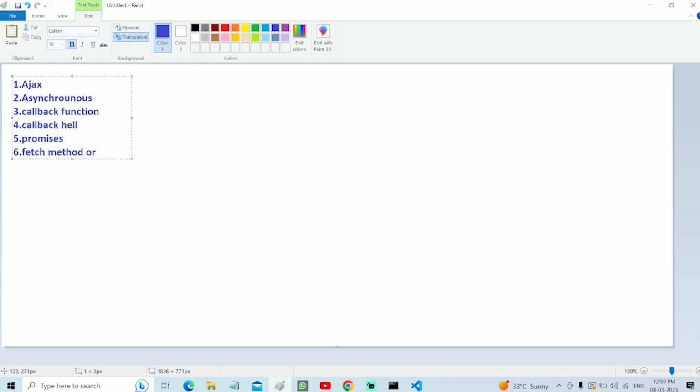Or we can use a library. Okay, today we'll discuss the fetch method itself because you are new to it. In the next class we'll go with Axios. We will install a third-party library and we will use it instead of the fetch method. Okay, so then